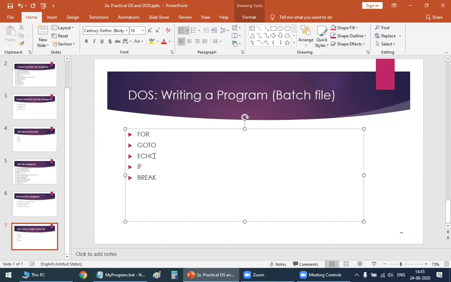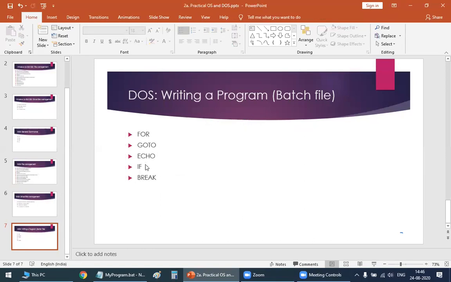I'll let you know the use. Then goto a particular line: in an algorithm, you skip everything and go to a particular line, and then break out of your program. So for programming, we need certain commands, and these are a few commands which are used for programming.